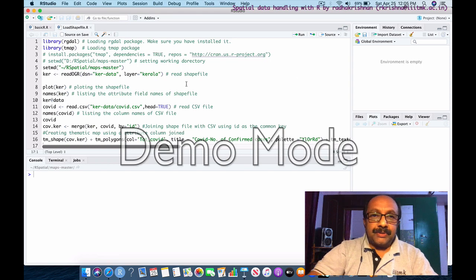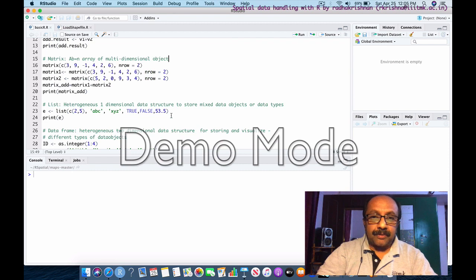So this is the RStudio interface, and this part is the script window. This is where you write the script, and this is called the console. You can even type the commands here in the console, but when you type in a command and execute from here, the commands are not saved. You will just see the commands and the result scroll through the console. But in the script window, if you are writing code, that can be saved as a .R file, which can be used in future.